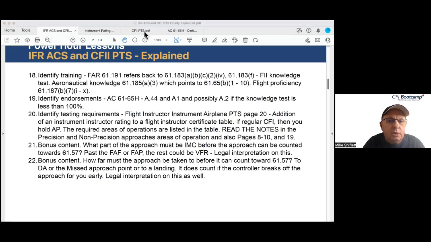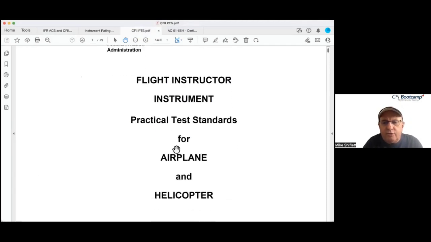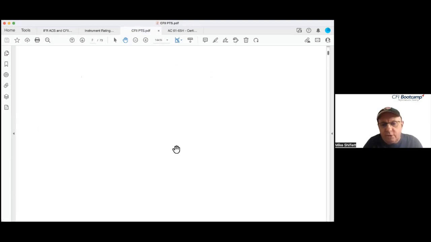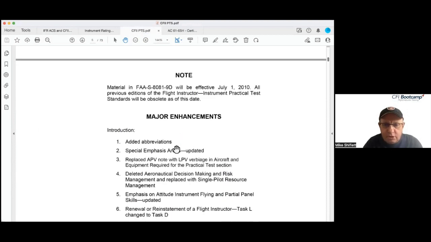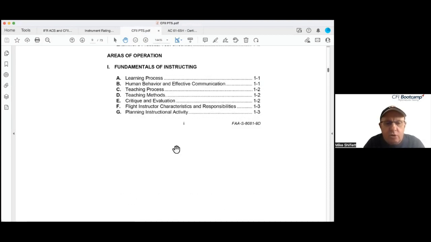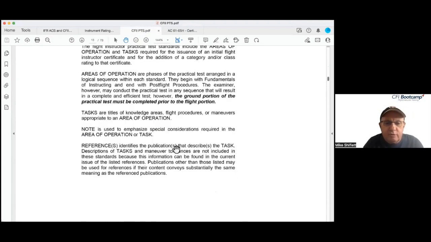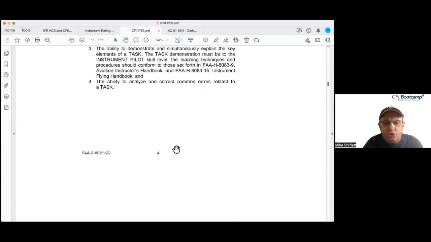Let's click. Okay, so this is it. This is the current one. And then you'll find there's an enormous amount of front matter here. There's a lot of stuff before you get into any tasks. You can see what the references are, just record of changes, because this goes on and on and on and on and on. So anyway, the front matter, but I will take you to the special emphasis areas, which are way down here,